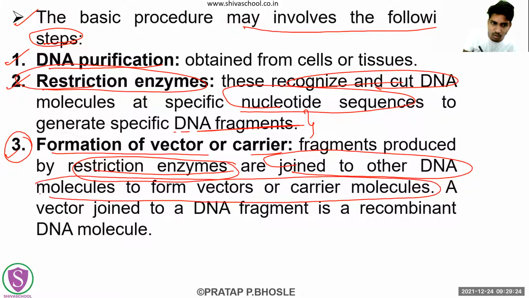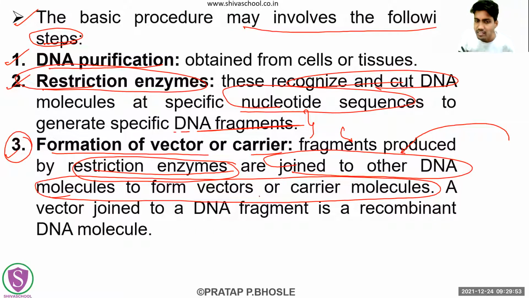How will the vector be formed? That vector will be formed by joining these DNA fragments to the DNA of the vector. If you want to form a vector, you can take a DNA, add this fragment to that DNA, and the vector will be formed. We are going to see this vector in this evening's lecture, so at that time you will understand exactly how you can take the DNA, add this fragment to that DNA, and form a vector.